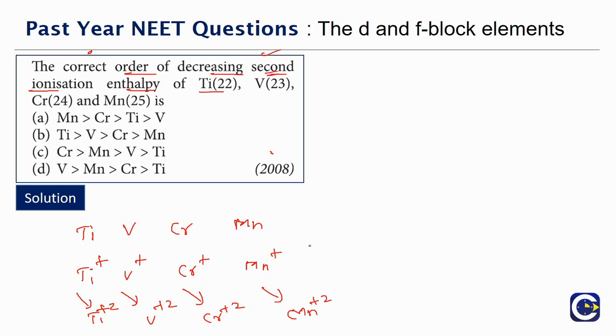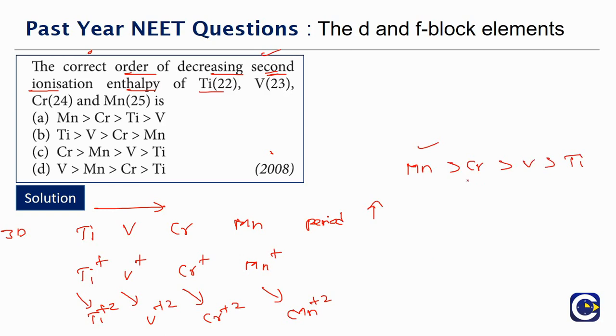Now if you look at this, ionization enthalpy in any d series, this is the 3d series, as we move from left to right, this is like a period. The 3d series is in the fourth period. The atomic size is going to decrease and ionization enthalpy values are going to increase. So we expect that manganese will be more than chromium, more than vanadium, more than titanium. This is the expected thing.